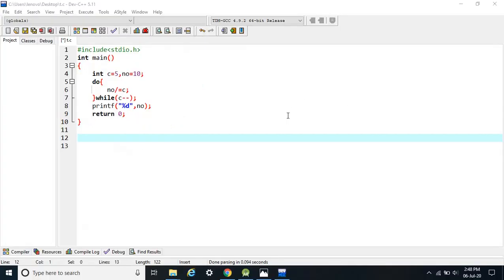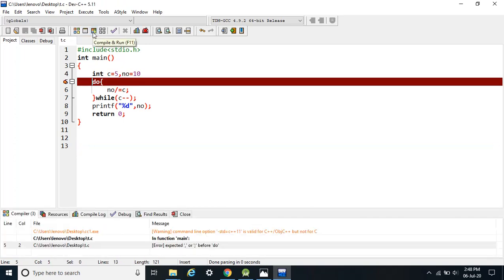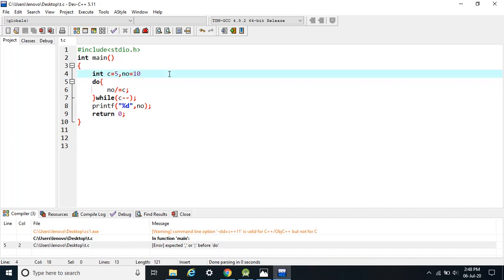Before this question, let's cover some important points. The first one being compile time error versus runtime error. So let's see the difference between compile time error and runtime error. A compile time error is something that you get at compile time. Suppose I remove this semicolon here and then try to run the program, then I will get an error. It means my program will not run and will show me an error before the program runs. So this is a type of compile time error.